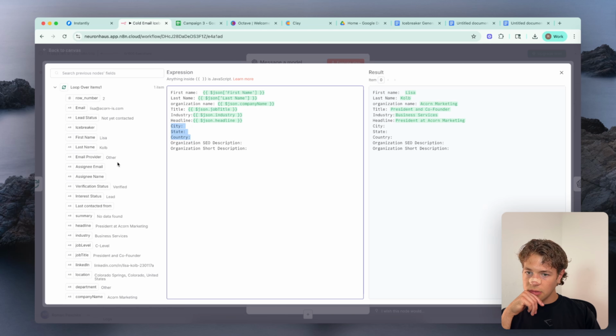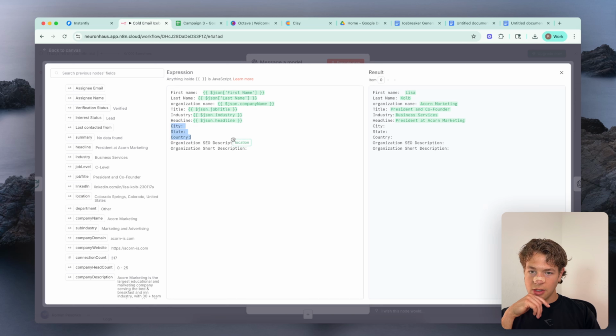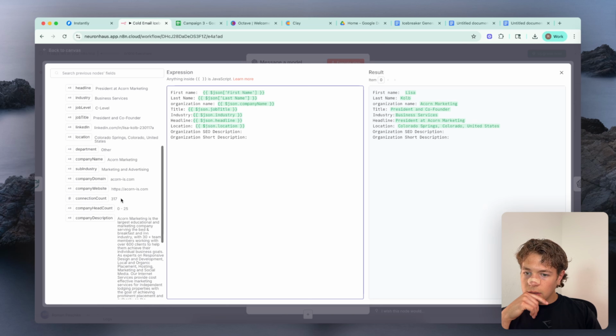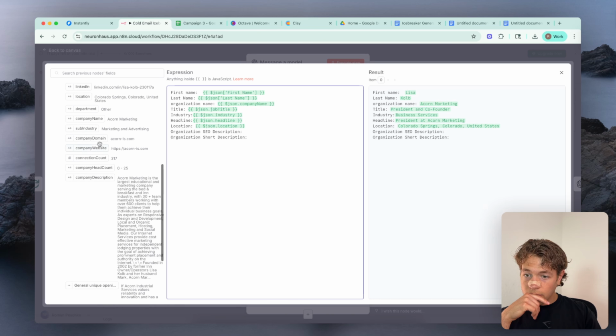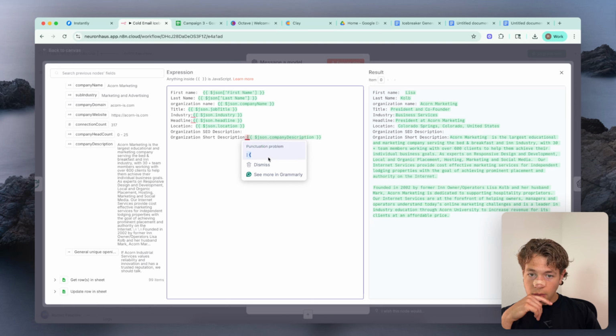Let's see if we have it. There we go. We have location, so let's just use that. See. Company description. Right there. Then we can get rid of this.